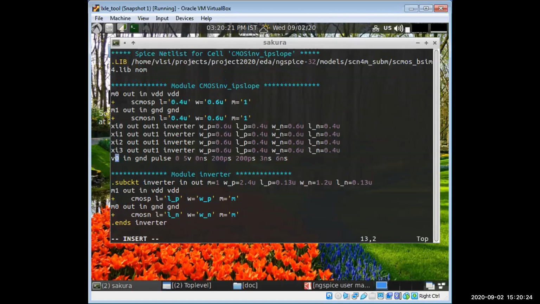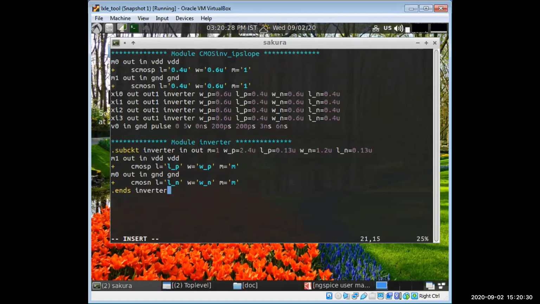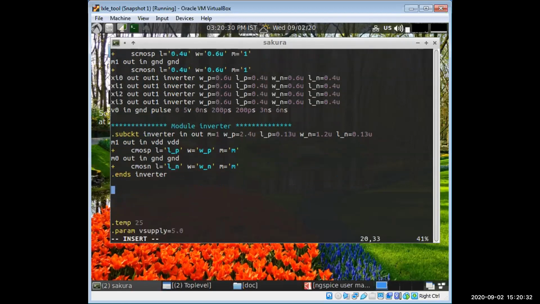The one difference is that I have given a rise time and a fall time here. Now this is a sub-circuit. What I have told you, change the sizes: 0.6, 0.4.